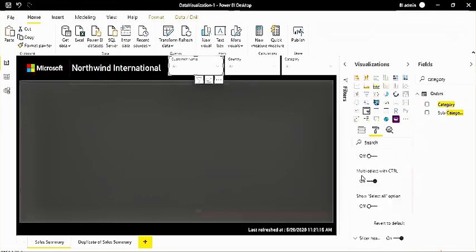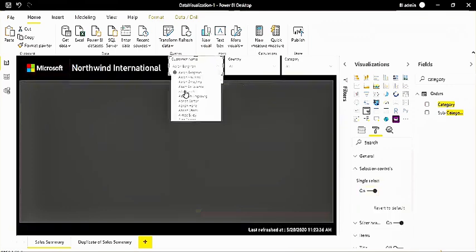Whether you want to select only one value at a time, then you can enable this. It means now you will be able to select only one value, and you will see the radio button here, right? Only one value will be selected at one time. You cannot select more than one value at one time, right? So if you want to always select only one value, then you can turn on the single select functionality.